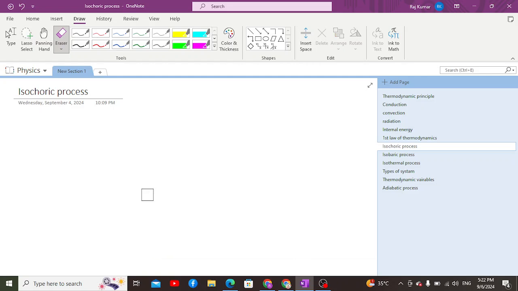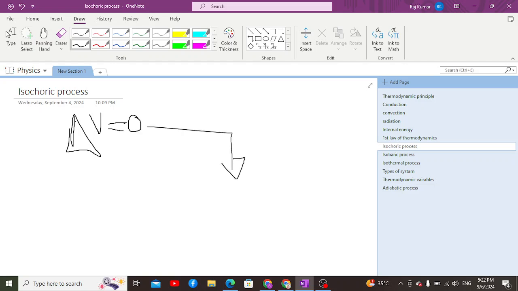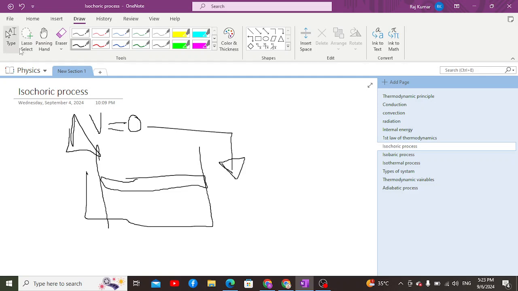In the isochoric process, what we are having constant is volume, which means the volume is constant, due to which the change in volume or del V is equal to 0. Now, if the change in volume is equal to 0, how are we going to achieve it? We are going to achieve it by making a fixed piston. The piston of the system should be fixed so that the volume cannot be altered no matter whether the work is done or not.